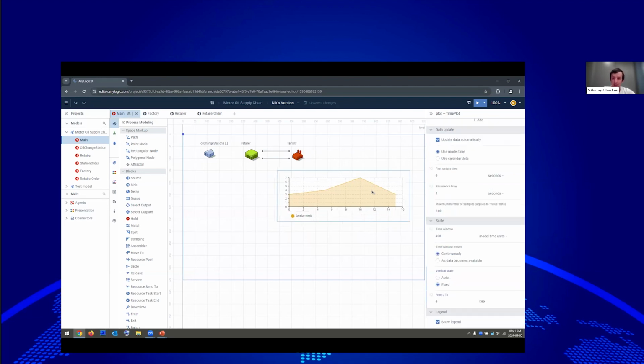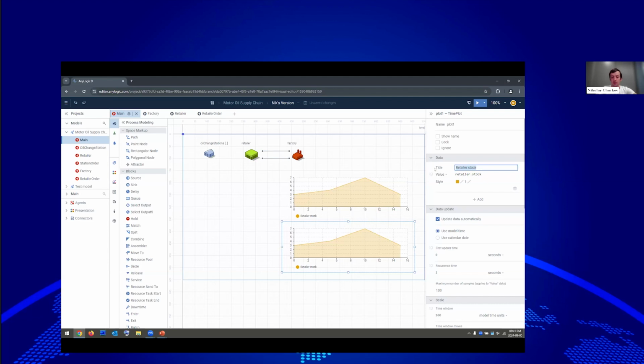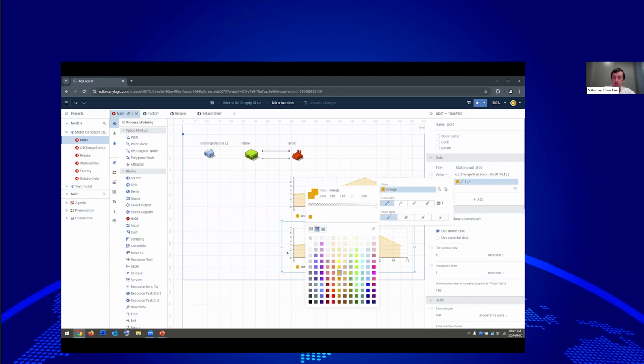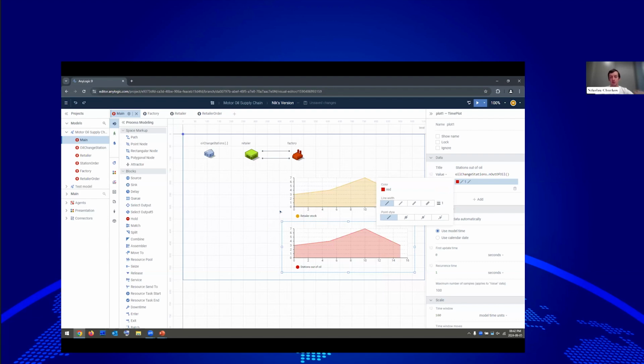And now let's display it. So I create one more chart here just by duplicating this one. It will be another chart for our stations out of oil. The value will be that statistics. So we call oil change stations dot n out of oil function, and it will evaluate the statistics. It will count the agents each time it's called, and the color will be red here. Okay, so